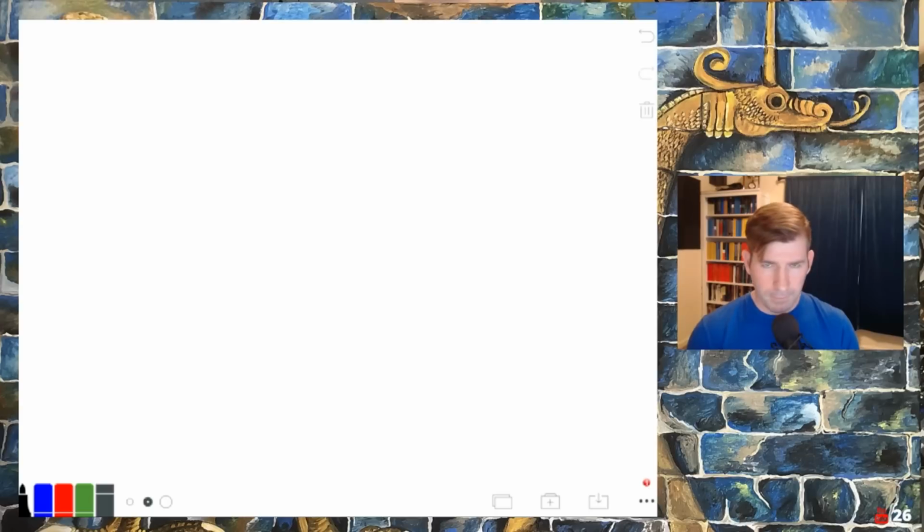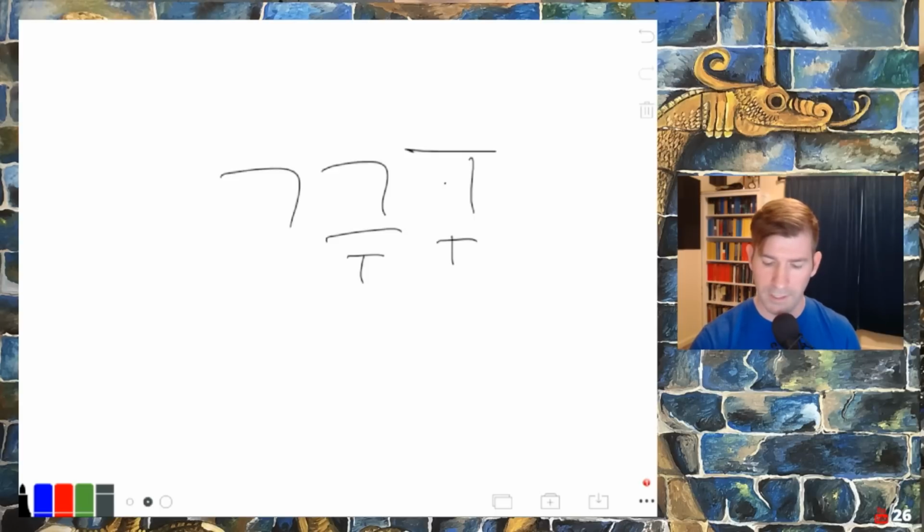Okay. So each Hebrew word will have an accent. So let's go back to our word davar. Normally, the reason I talk about syllables is because each Hebrew word is divided up into syllables. And generally speaking,